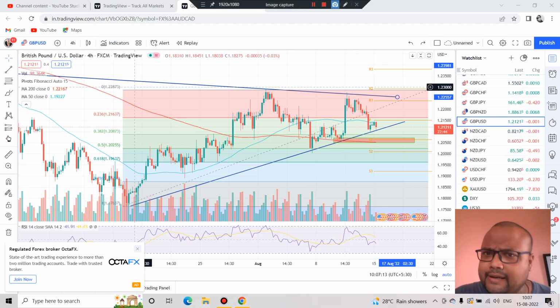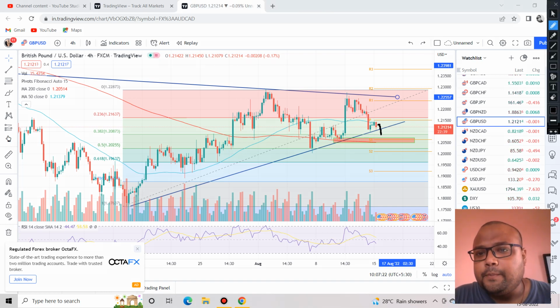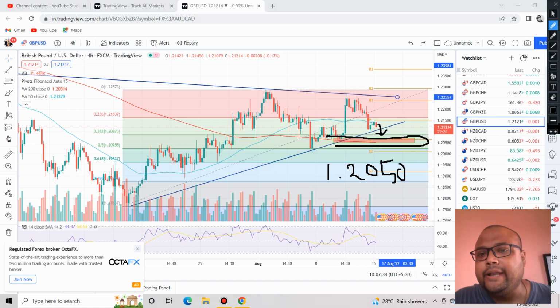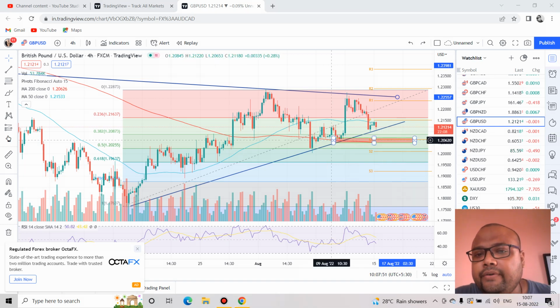As the day moves, if we see the market breaking the support of the trend line, then the next support zone will be around 1.2050 or 1.2055. Around this level we can expect the market to take support. Today we also do not have any news that will bring craziness in the market. So if the trend line fails, this level will have the power to hold the market. Why? Because of